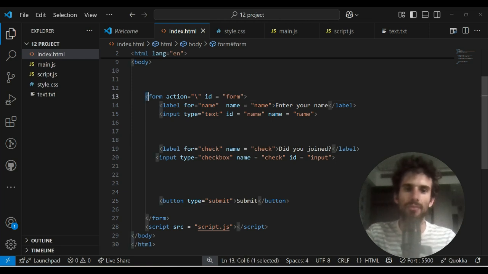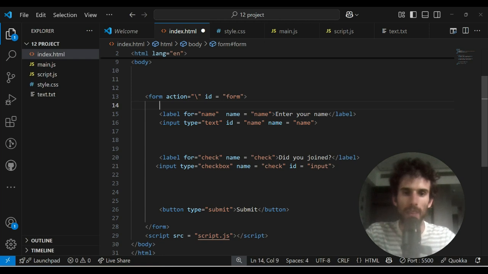So we have a form with action null, so we are staying on the same site. As I said, we are not going to use PHP or whatever. Then we have normal HTML stuff, a label, text and a checkbox, and a button of type submit. Okay, so